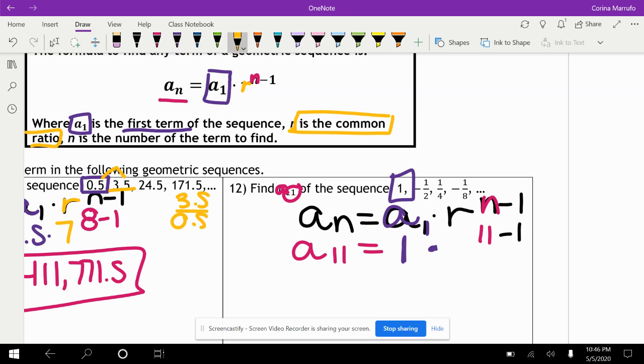So our common ratio is the number that we are multiplying by. So what number do we multiply times 1 to get negative 1/2? So remember, if you're not sure, you can go ahead and take the second term, which is negative 1/2, and you divide it by the first term. And that gives us negative 1/2. So then we put that in our calculator exactly the way we see it. 1 times negative 1/2 to the power of 11 minus 1. Or you could put it as a power of 10 because 11 minus 1 gives you 10. And that gives us,